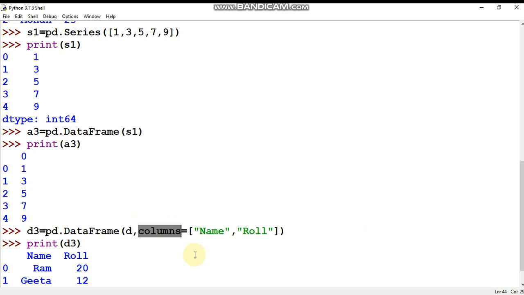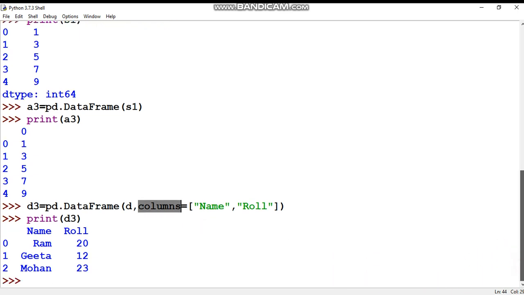Next we are going to learn how we can create a data frame from a dictionary. How will we create a data frame from a dictionary? Let's see. Let me make a comment: creating a data frame from dictionary.